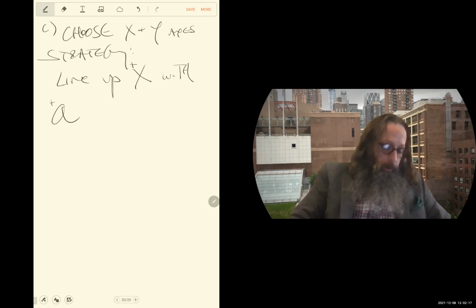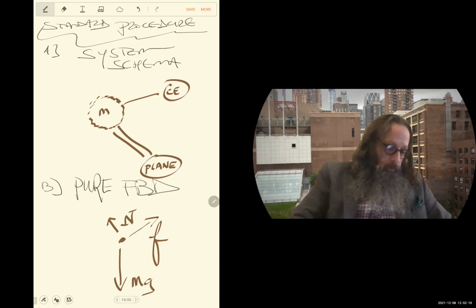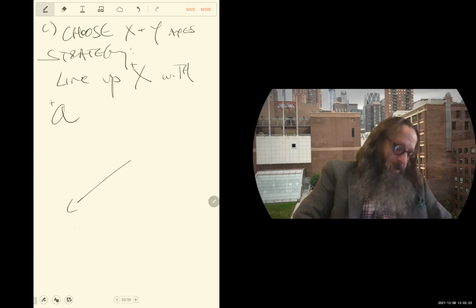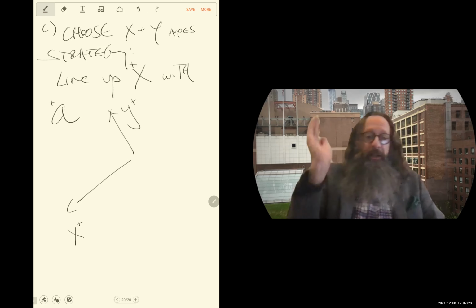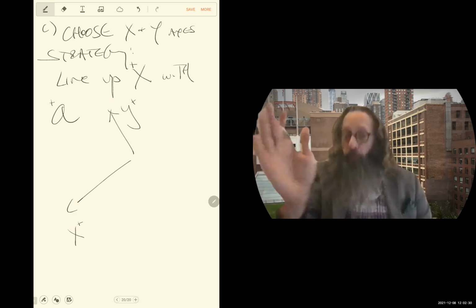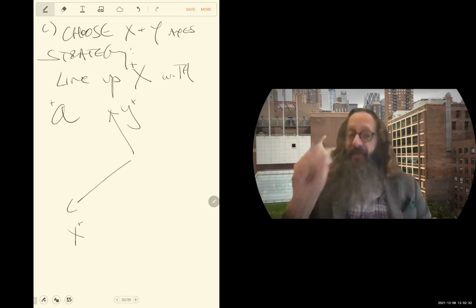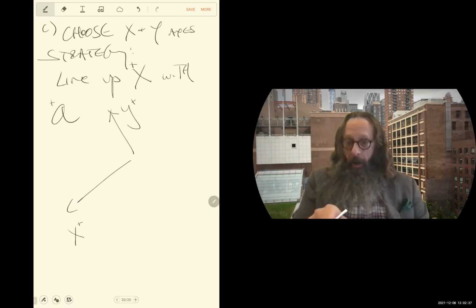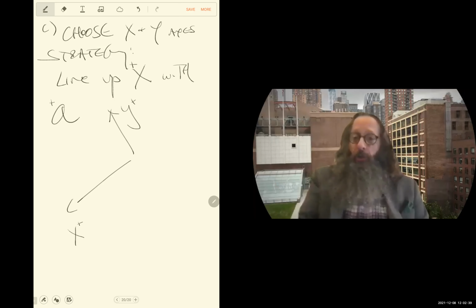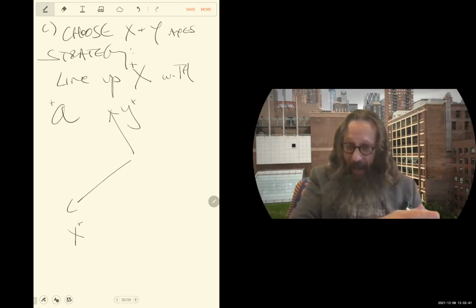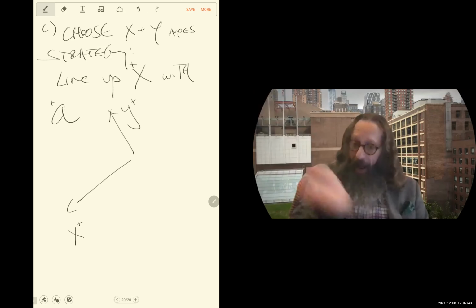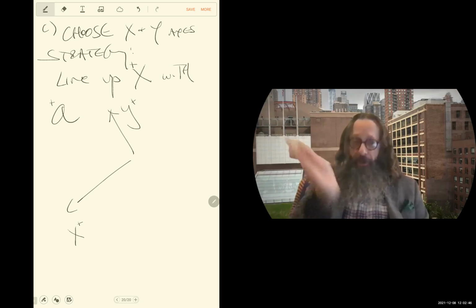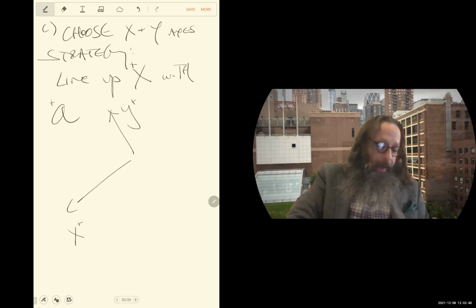So we're going to say this is X, and therefore this is Y. We're going to tilt the axes, which is what was happening in the lab. And therefore, if we tilt the axes, then MG becomes the offender. It doesn't look like it because it looks straight up and down, but if we're choosing to line up our x-axis with the expected line of acceleration, then